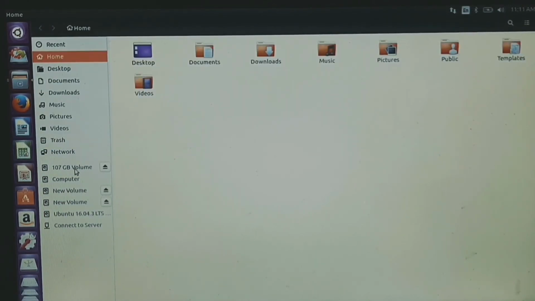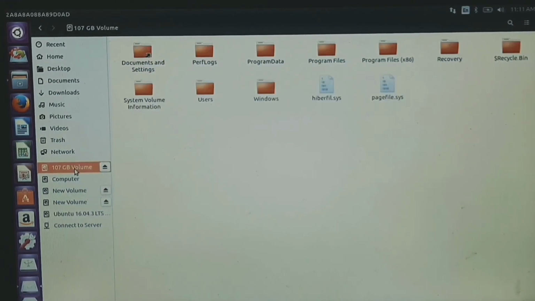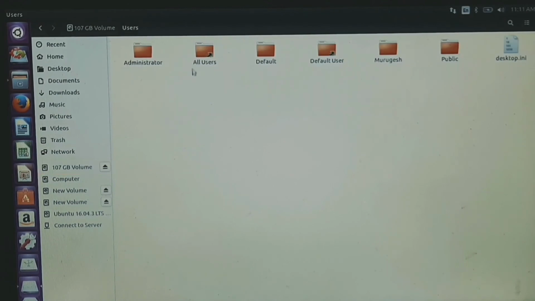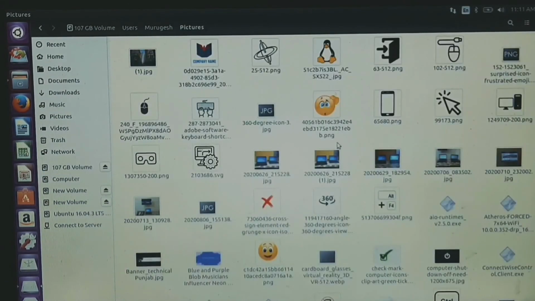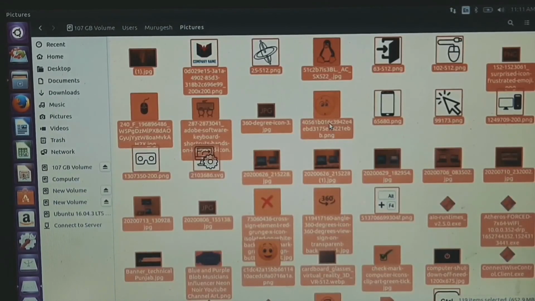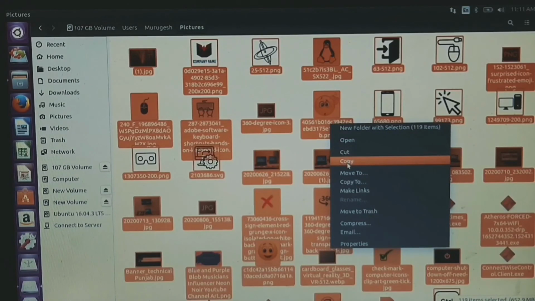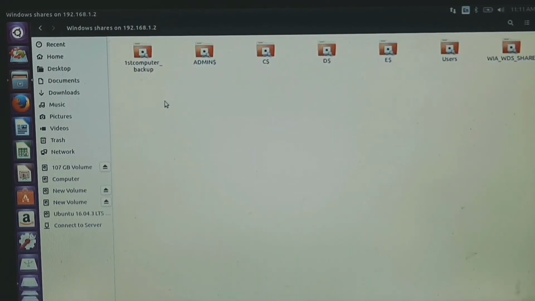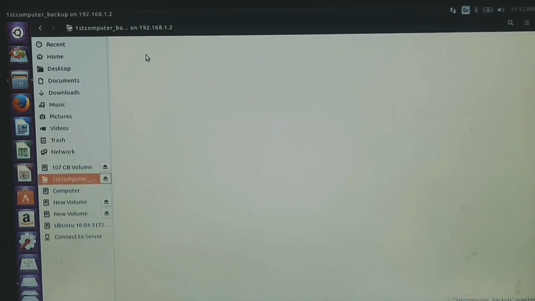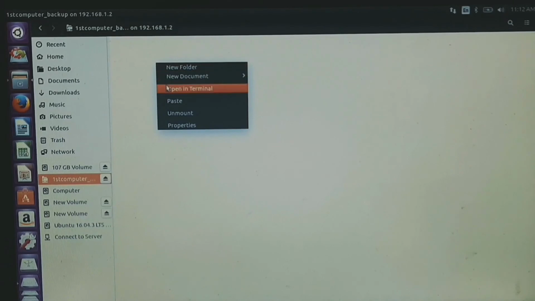Then go to your C disk and copy the pictures that you want to back up. I select all the picture files and copy and paste them into that First Computer Backup folder. This folder was created in the second system.